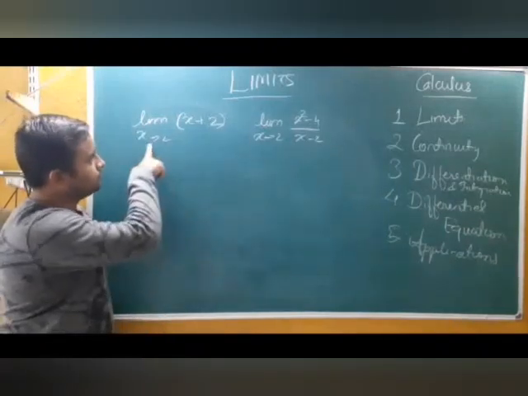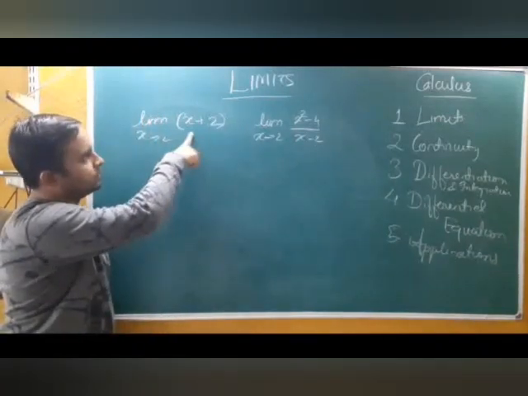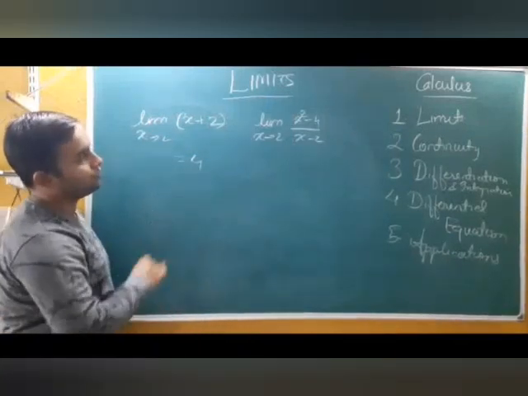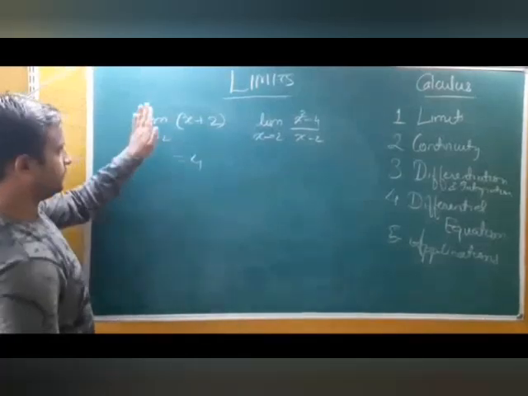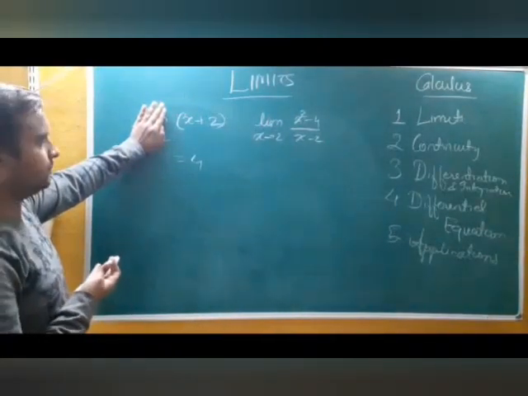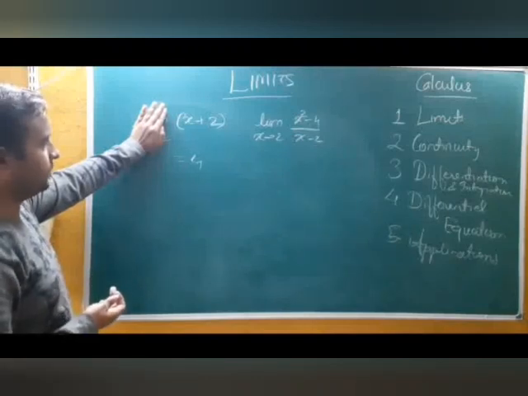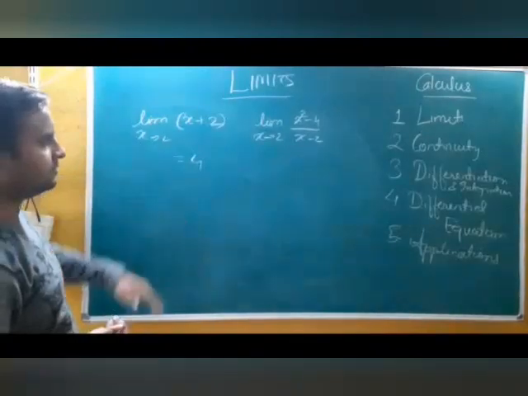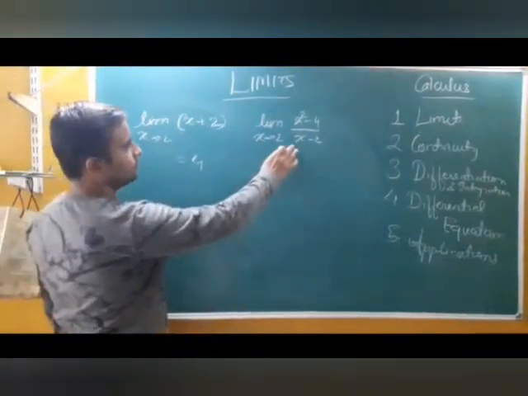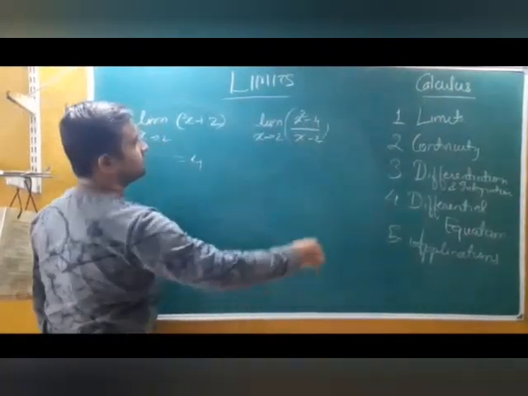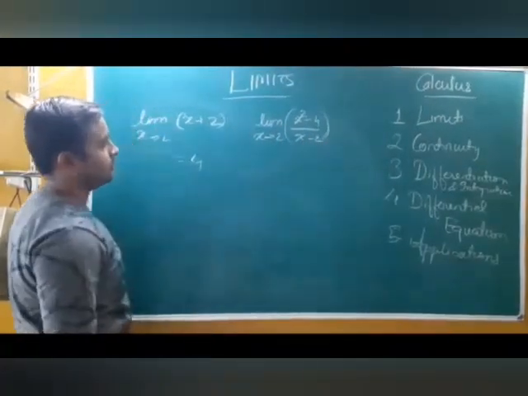If you substitute the value of 2 directly into this limit, you will arrive at 4. And if we want to find limit of this function, if this is only a function, then it does not require limits to solve it, because when x equals 2, it is already in the domain of this function. Whereas if this is a function, x equal to 2 is not in the domain of this function, right? Also,